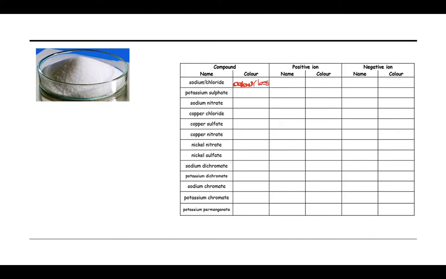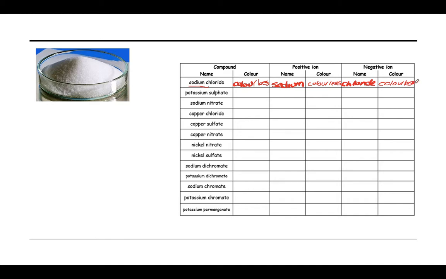Our positive ion is our metal ion, sodium, and its colour is, well, colourless. Our negative ion is our chloride ion, and it too